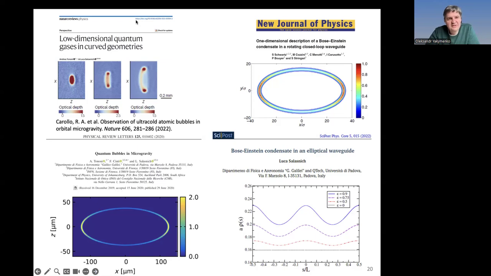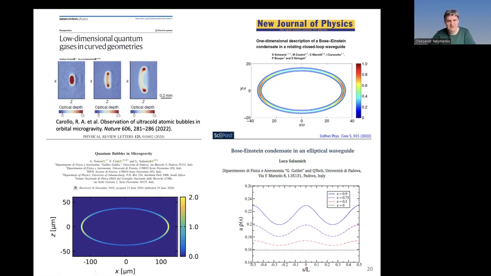They have a trap. They can form these Bose-Einstein condensates, but in microgravity conditions. It makes it possible to form some kind of bubble. So this quasi-2D system attracted a lot of interest because, for example, in this case, it was clearly seen the deformation of the density. So the experiment shows that you have some kind of very clear evidence of inhomogeneities, which appears maybe due to the asymmetry of this bubble,